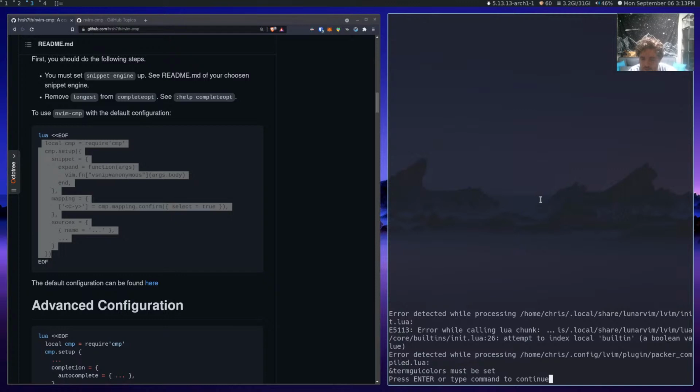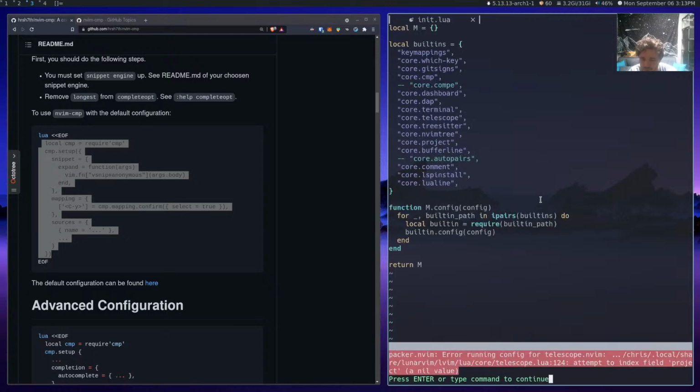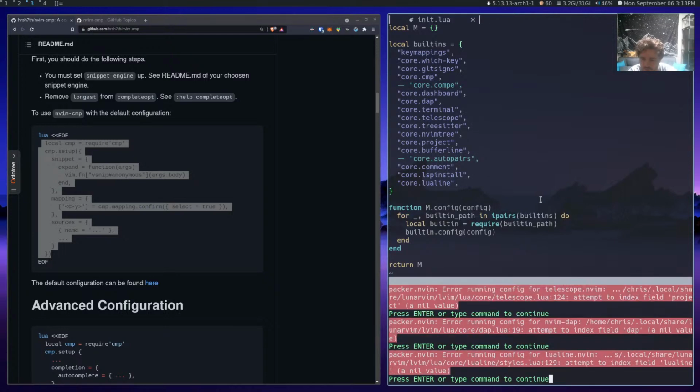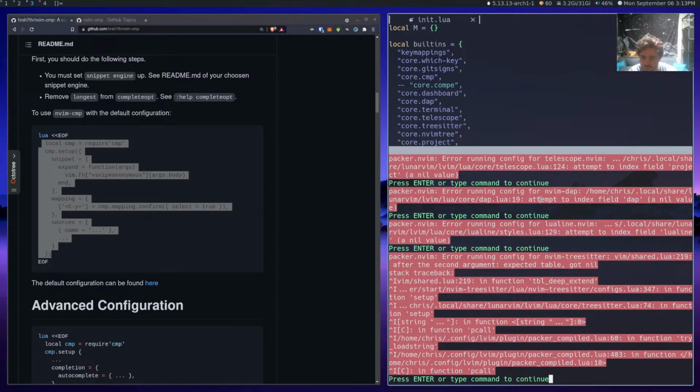Init.lua, error while calling Lua chunk, Lua core built-ins, attempt to index local built-in, a boolean value, while processing Packer compiled.lua. And then these are all just going to be an avalanche of other errors and nonsense.